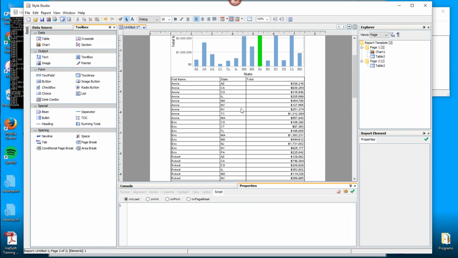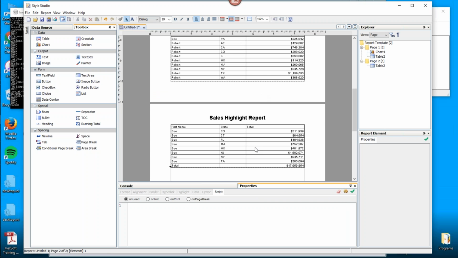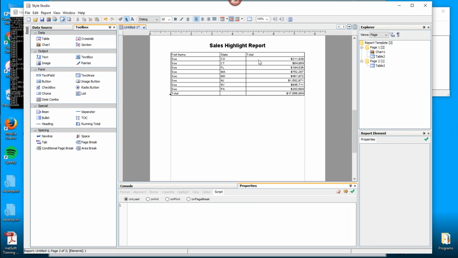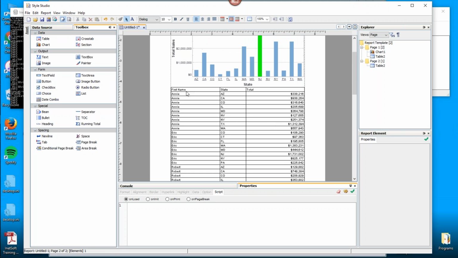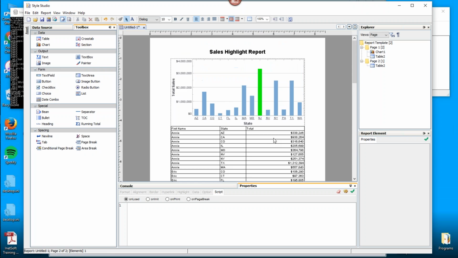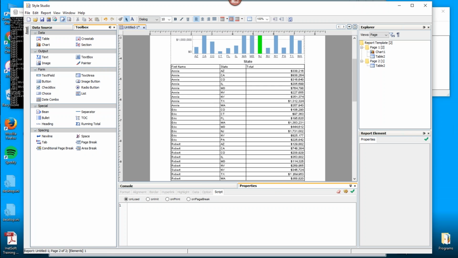And this is the result that we get. You can see it runs onto a second page, so here's page 2. There's the header being repeated at the top of the second page. And you can see that basically it's grouped information, and for each group of salesperson and state, I get the aggregated total. Okay, so no real surprises there.